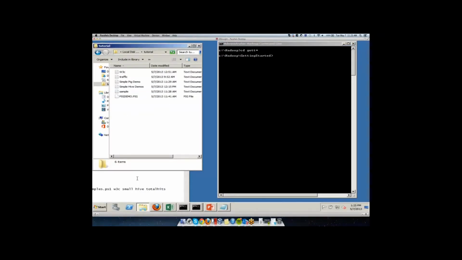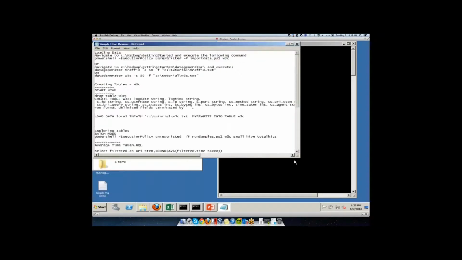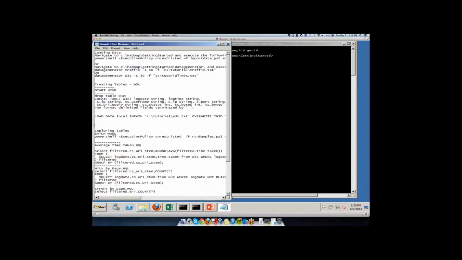All right. So we've got some simple Hive queries here. I'm going to go through each one, tell you exactly what it's going to do, and then we'll run it and we'll see the output. The only reason I have them in here like this is so that you don't have to sit here and watch me type. Okay, so very first thing,